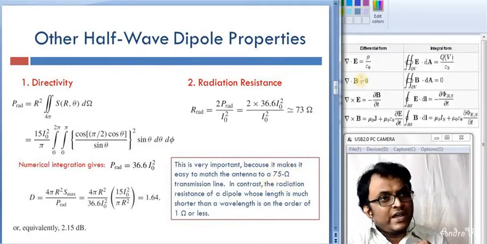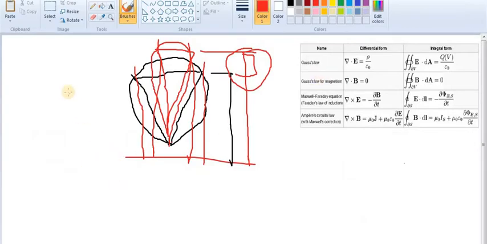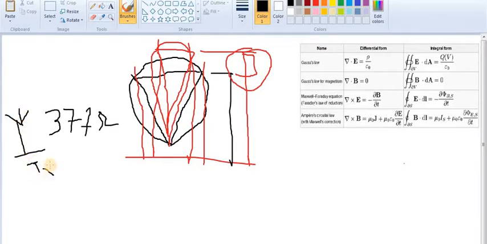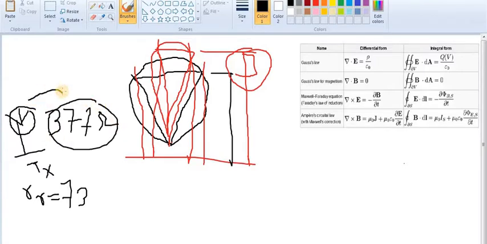So on one side of the antenna, in free space, the impedance is about 377 ohms, whereas your antenna radiation impedance, whether I take it as the transmitter case or the receiver case, is the same thing, because the antenna obeys the reciprocity theorem. So this radiation resistance RR is about 73 ohms. Already we have calculated it. So there is a mismatch. This is 73 ohms, this is 377 ohms, so total power cannot be transferred because of the impedance mismatch.